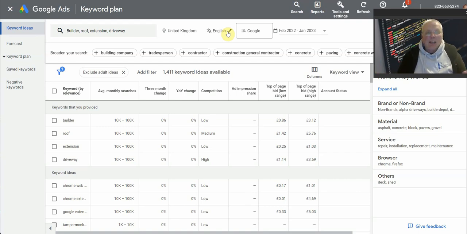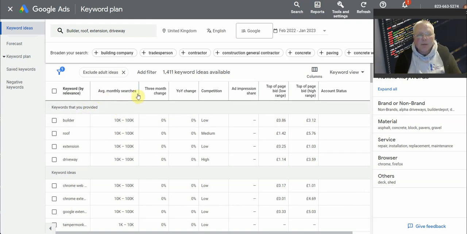I've just undertaken a keyword search on Google to find out the keywords connected to some of the words that you might use within your industry. To me, one of the key areas has to be knowing what to put in your posts about the work that you do to attract people to make inquiries to your business. So let's go have a look.